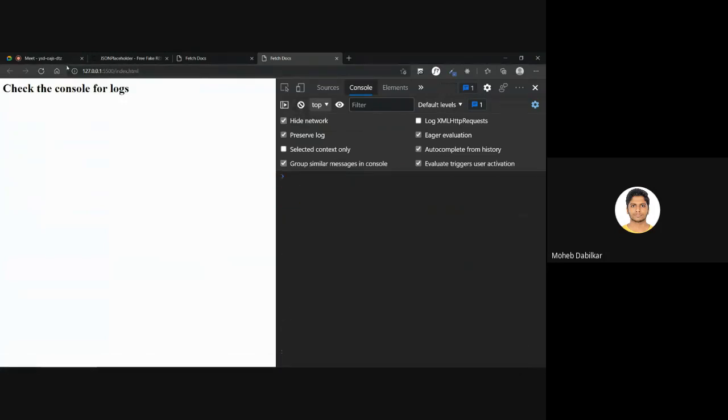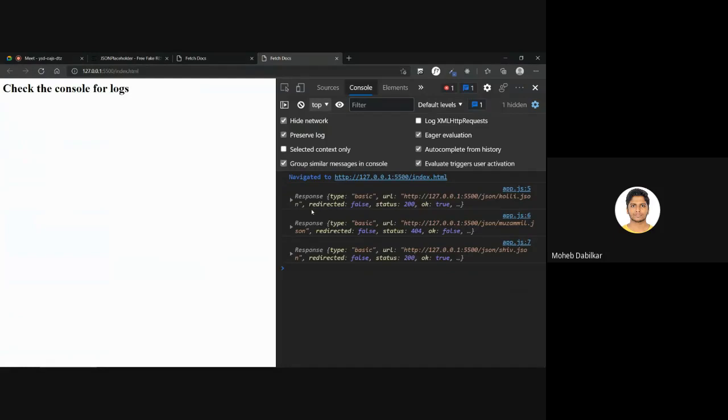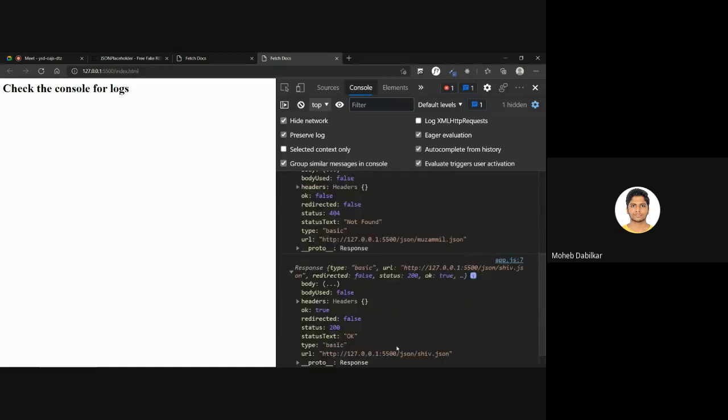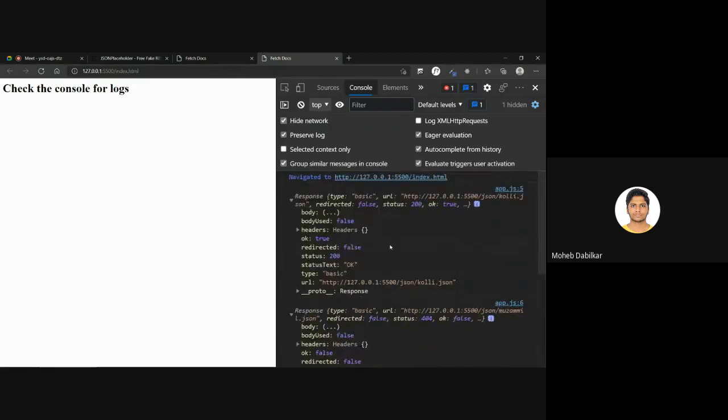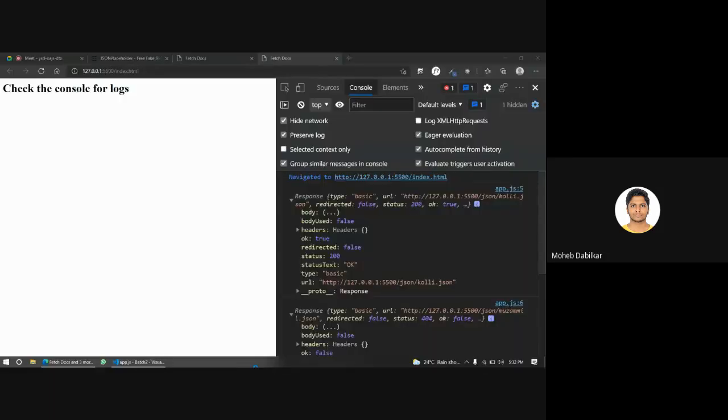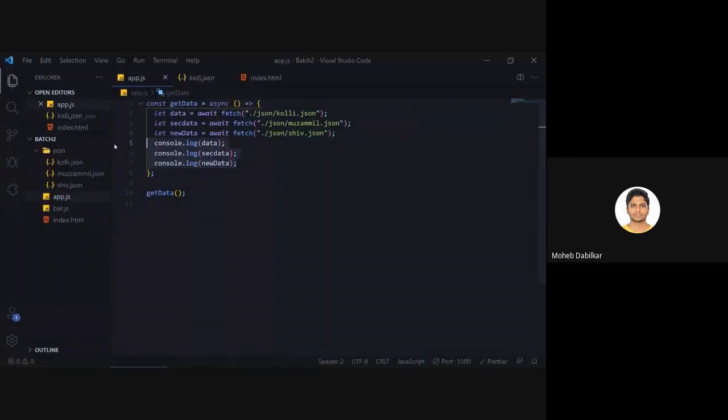No, that is three responses only. Let me just refresh this page for you. Yeah, okay, so it did not stop our code this time, because we moved it to new data.